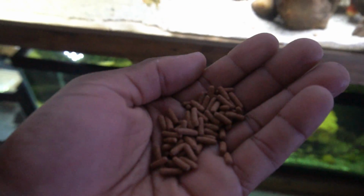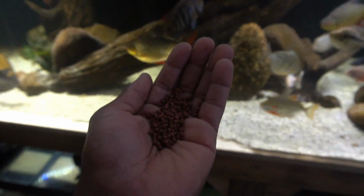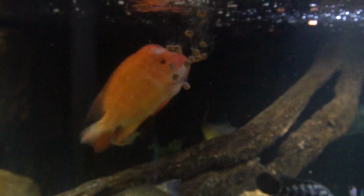So we have the Hikari floating sticks. Just toss some of those in there. Listen to that. That's one of my favorite things about the bala sharks. You can hear them, compared to most fish that are just so silent. Then we have this second wave for the guys that like it down low. And then for the red devil,